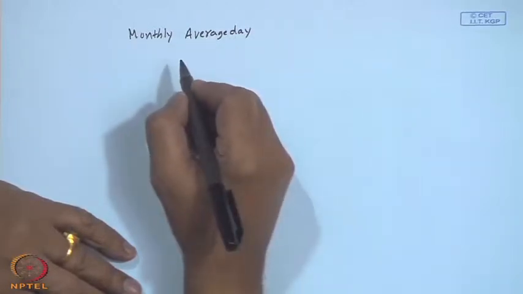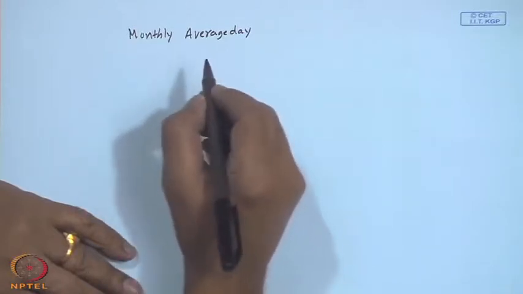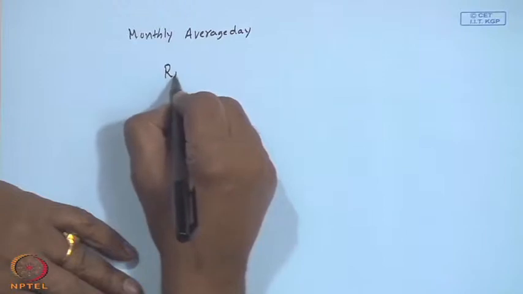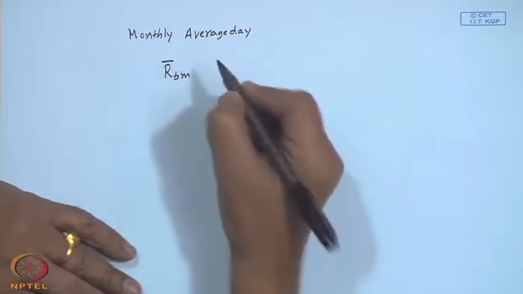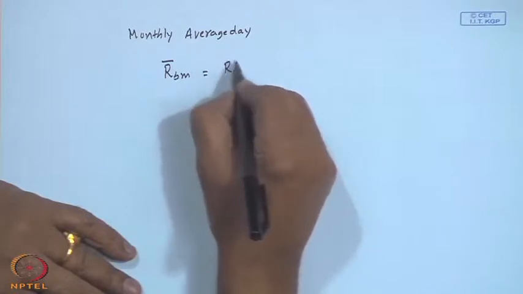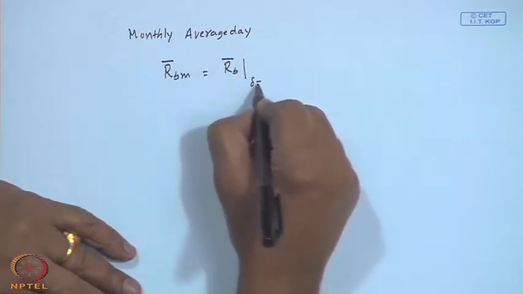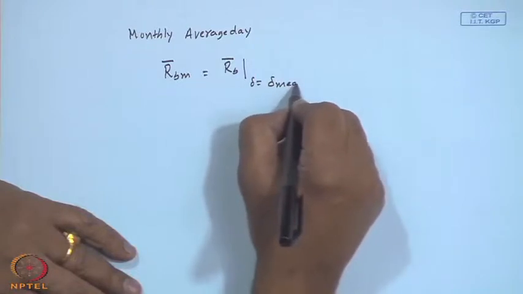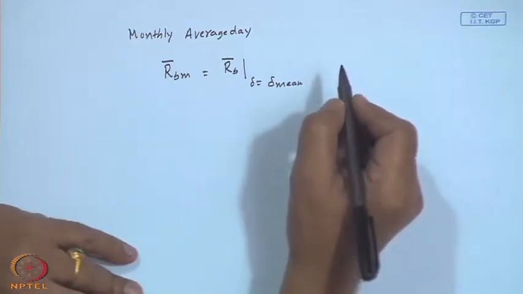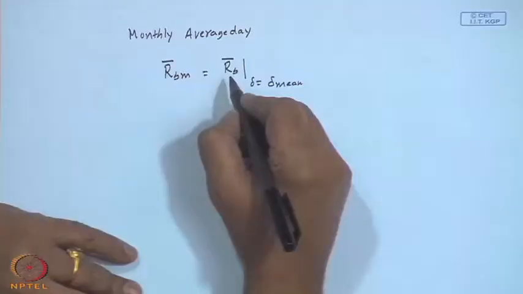as we have done for flat plate collectors or fixed slope surfaces, r b bar m for simplicity is nothing but r b bar evaluated with delta equal to delta mean, where delta mean is the recommended mean declination for each month. So, the formulas are known and there are analytical expressions for modes 1, 4 and 5, and modes 2 and 3 are not analytically integrable. So, one may have to go for a numerical integration, whether I b under terrestrial conditions is used or even